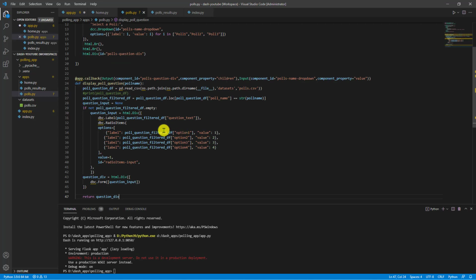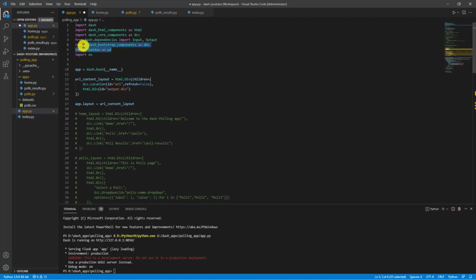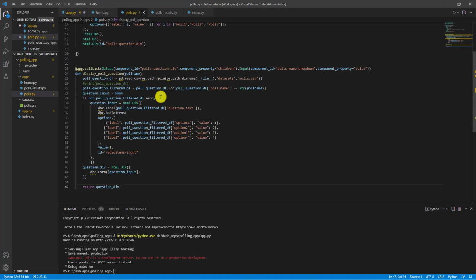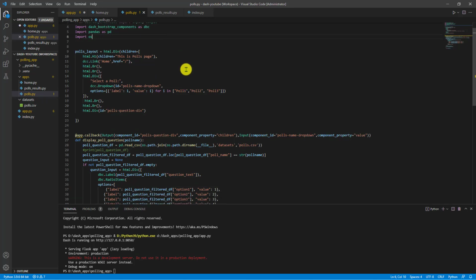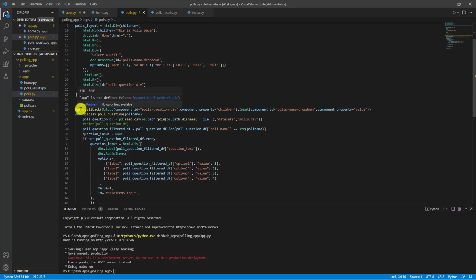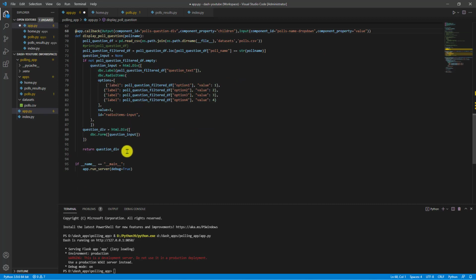Now it is complaining about a lot of stuff. The app, the pandas, DBC, we can copy it from here. The pandas and the DBC here, even the OS as well. I will copy polls, because yeah, there is OS over here as well. So let us do that one. Save. So now it is complaining only about app, which we will fix later. Okay, so let us comment this particular callback out here as well.